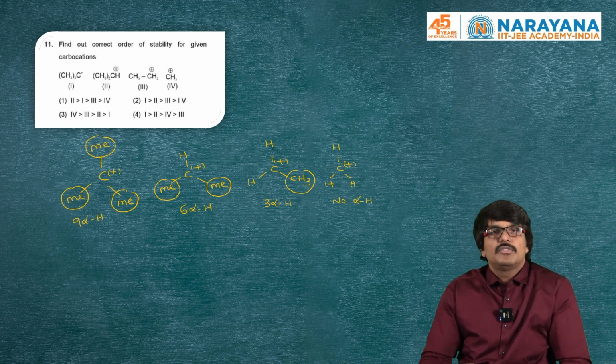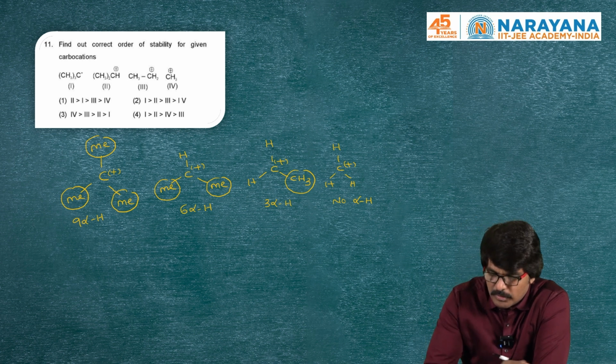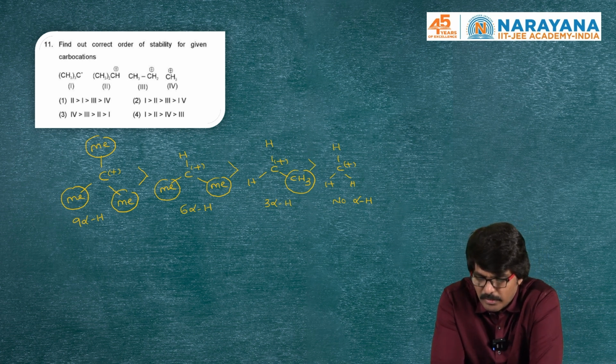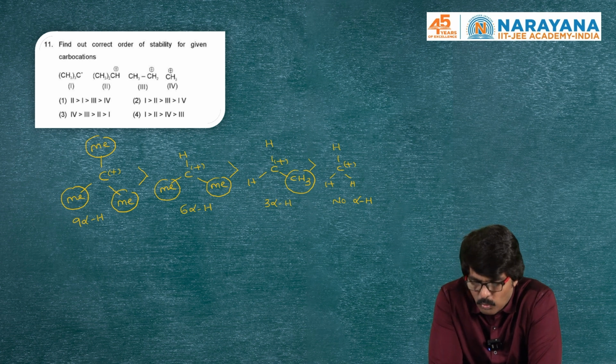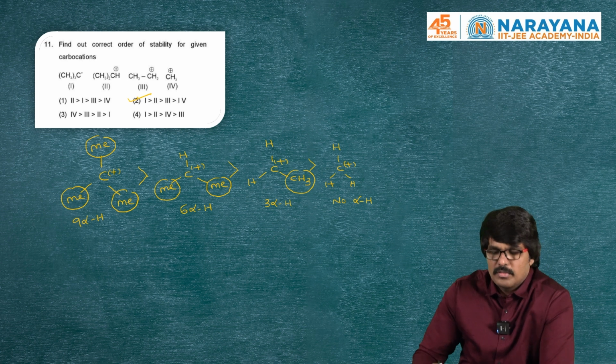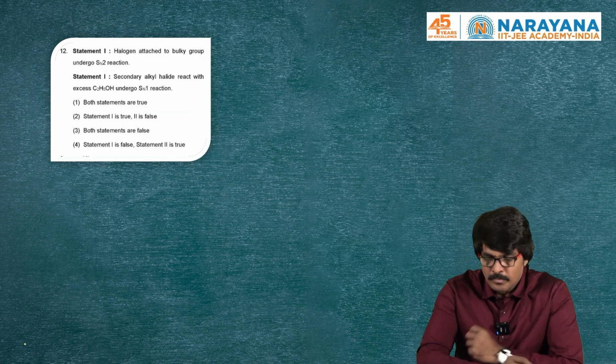Of course, hyperconjugation increases the stability of carbocations. So tertiary butyl carbocation is more stable than isopropyl carbocation, then ethyl, and least stable is methyl carbocation. So the same order, 1 greater than 2 greater than 3 greater than 4. So this is again general organic chemistry, stability of carbocations. And the next one,